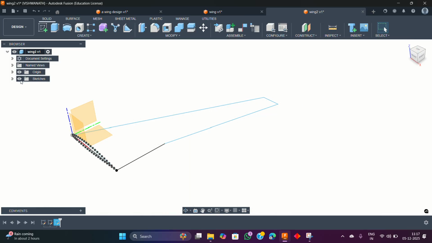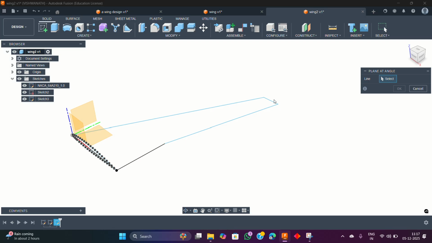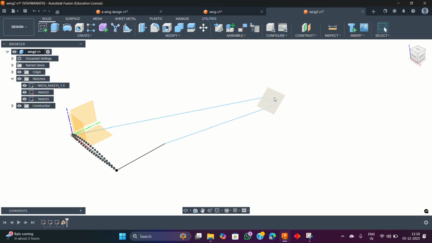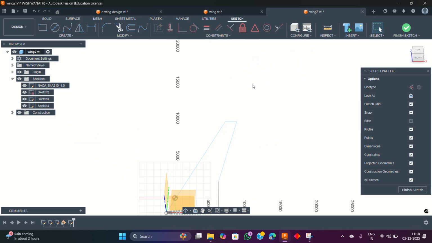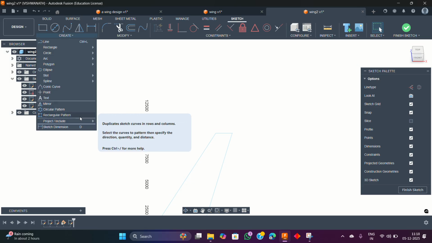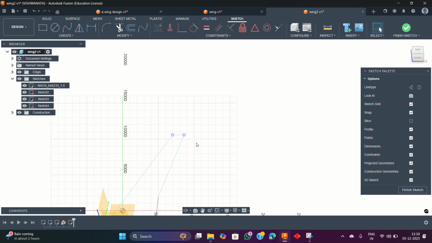Now we have to draw the winglet. Go to construct and plane at angle. Click here. Put the angle as 45 degrees. Okay. Then right click, create sketch. Use a project command. Okay, then of this,